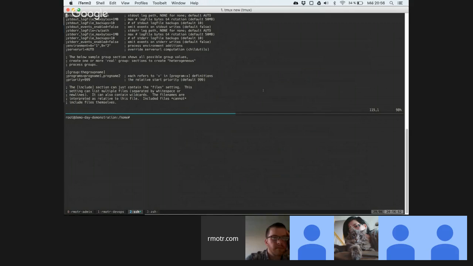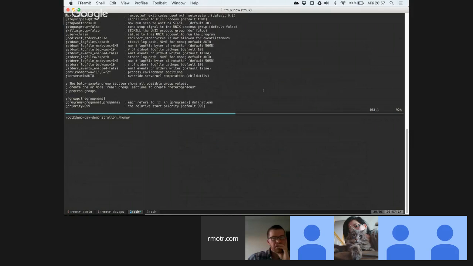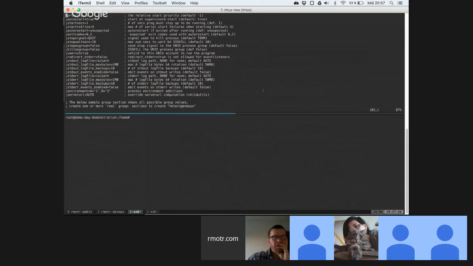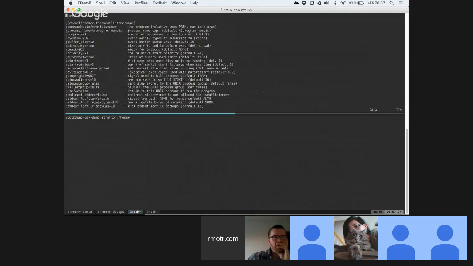Let me start again. We have the master process, we have child processes. If the master process detects that one of the children has quit or is broken, it has exited, it will try to restart it automatically. Okay, so that's what we need. We can leave our Gunicorn process running as a child for that master process, and then Supervisor will take care of running it